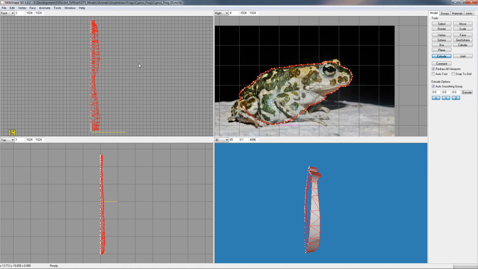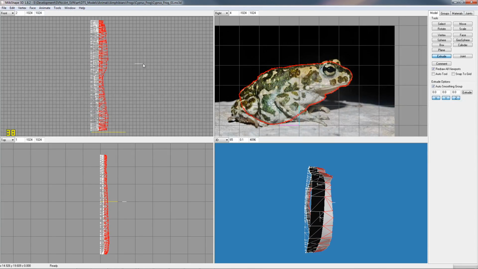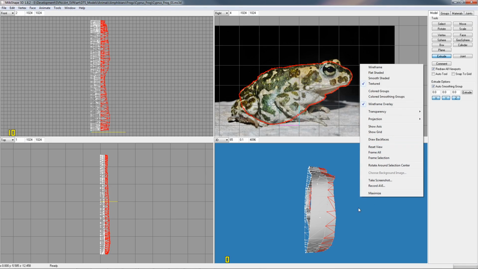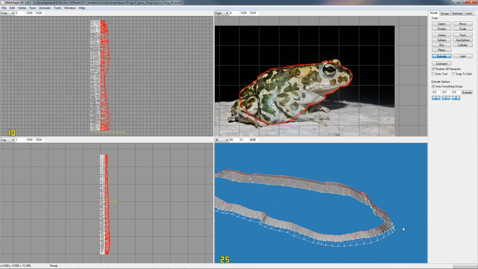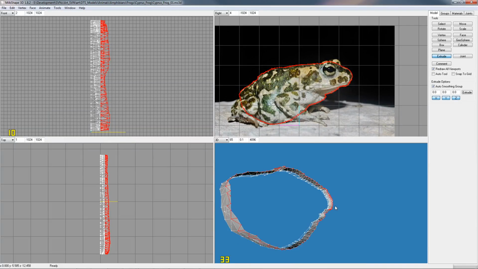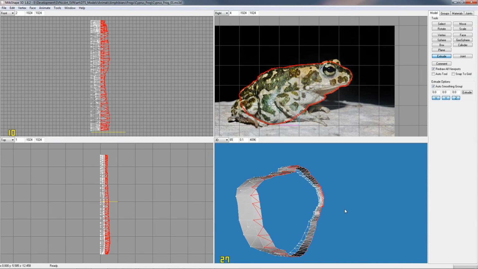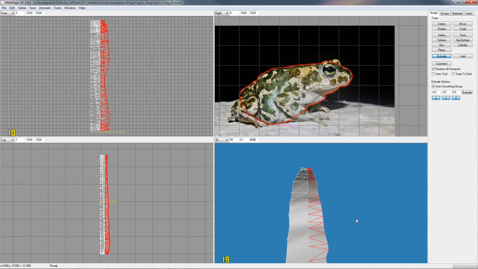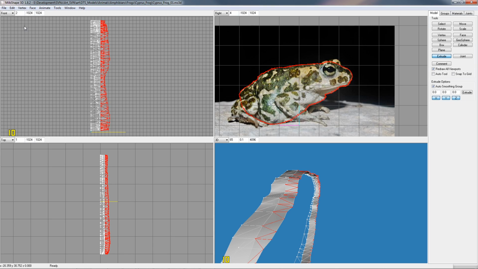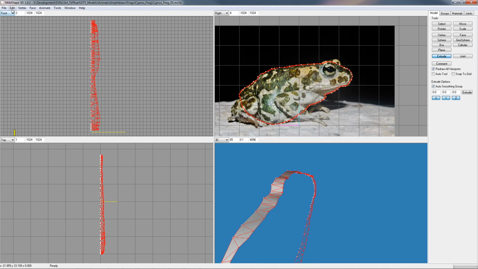I haven't used this tool in a long time. It kind of does. Yeah, see how it's... Looks like it did about the same thing. Yeah, it did the same thing. Okay. So there's other cool uses for this, but this one isn't working this time. So undo extrude, undo select,